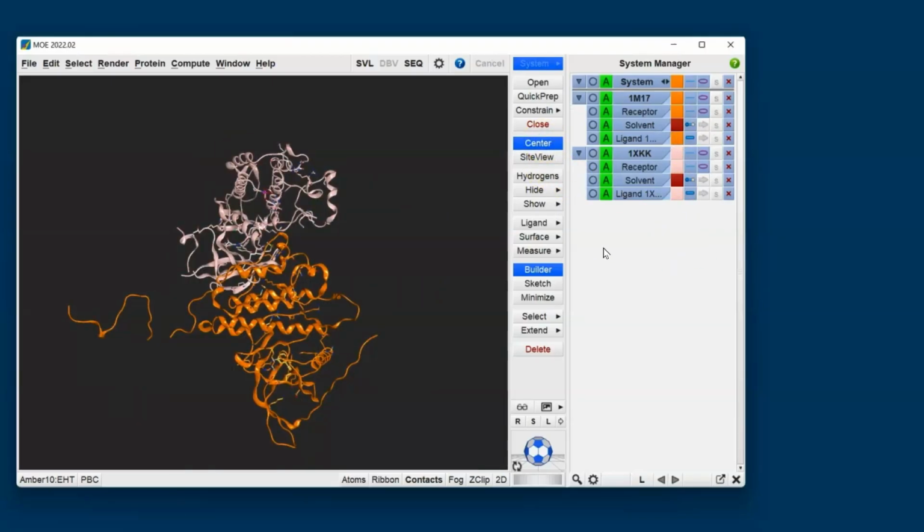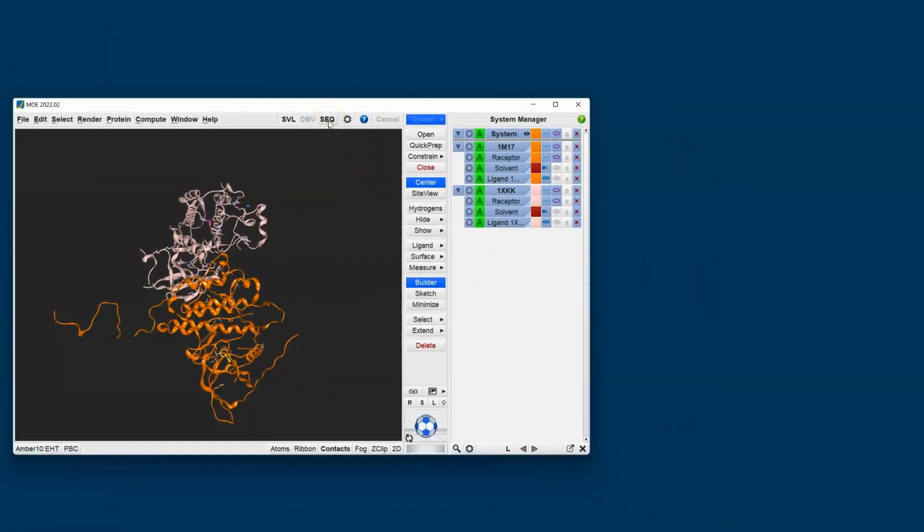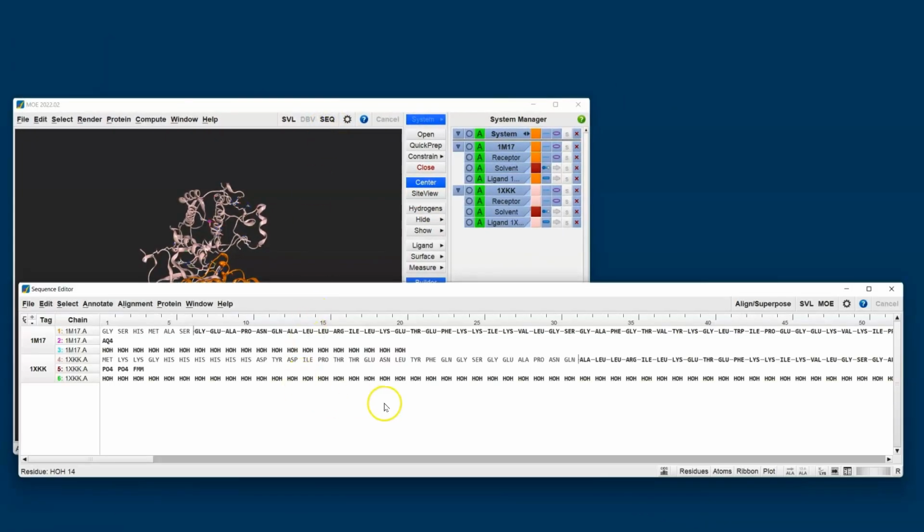Next, what I'd like to do is introduce the sequence editor. So I can launch this directly from the main MOE window. And as the name suggests, we use this to display sequences. This would also be our launching point to the various protein modeling tools that we have in MOE. Here I find the sequence editor contains the same two PDB tags, and each tag contains protein, a ligand and